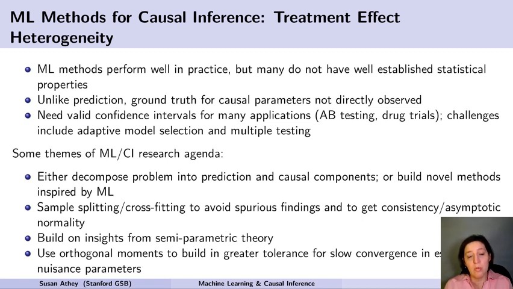Another theme is sample splitting or cross-fitting. One way that we avoid overfitting in machine learning is just doing cross-validation to balance bias and variance. But that's not enough, it turns out, to get valid statistical properties. And so one of the things that the machine learning and econometrics literature has really focused on and found to work well both in theory and in practice are things like sample splitting and cross-fitting, which basically boils down to not using the same data to select a model or to choose the model specification and to come up with the parameter estimates of interest.